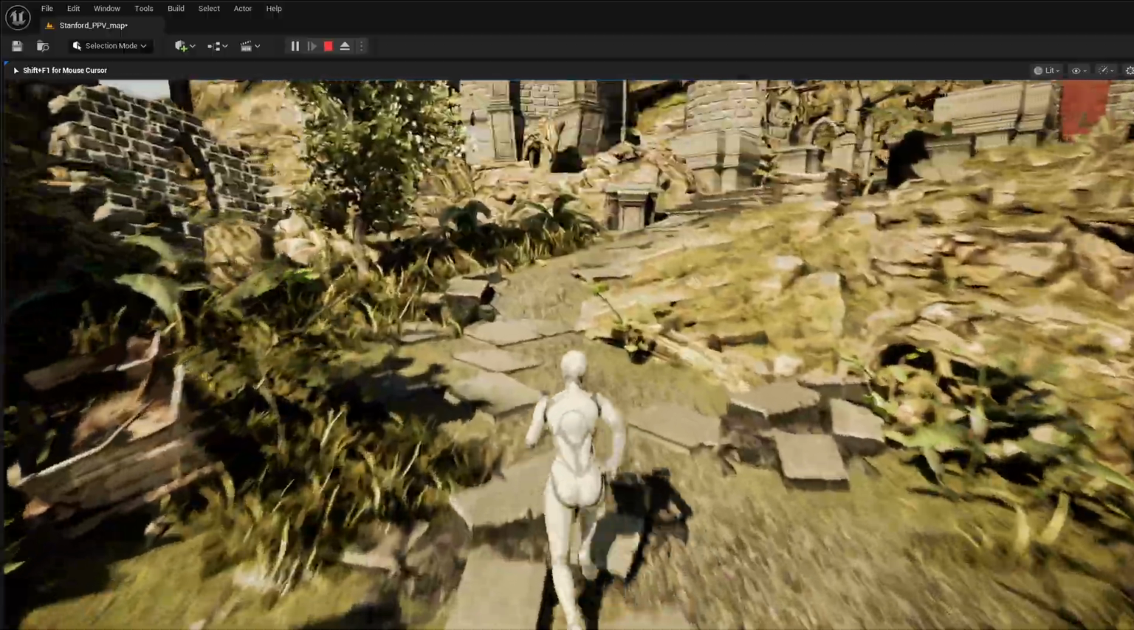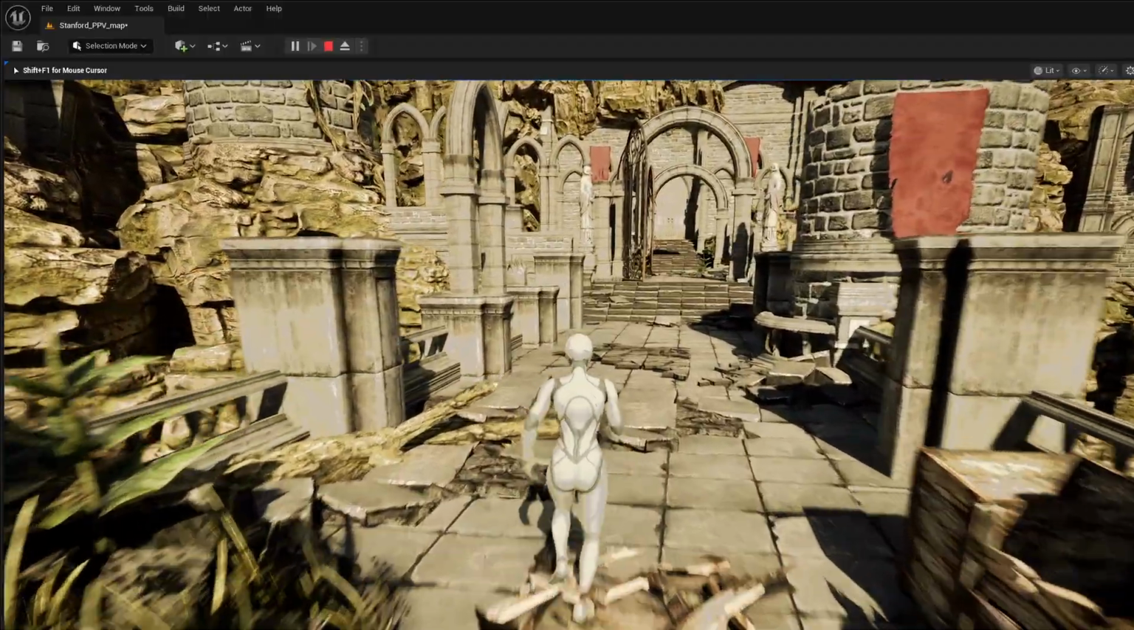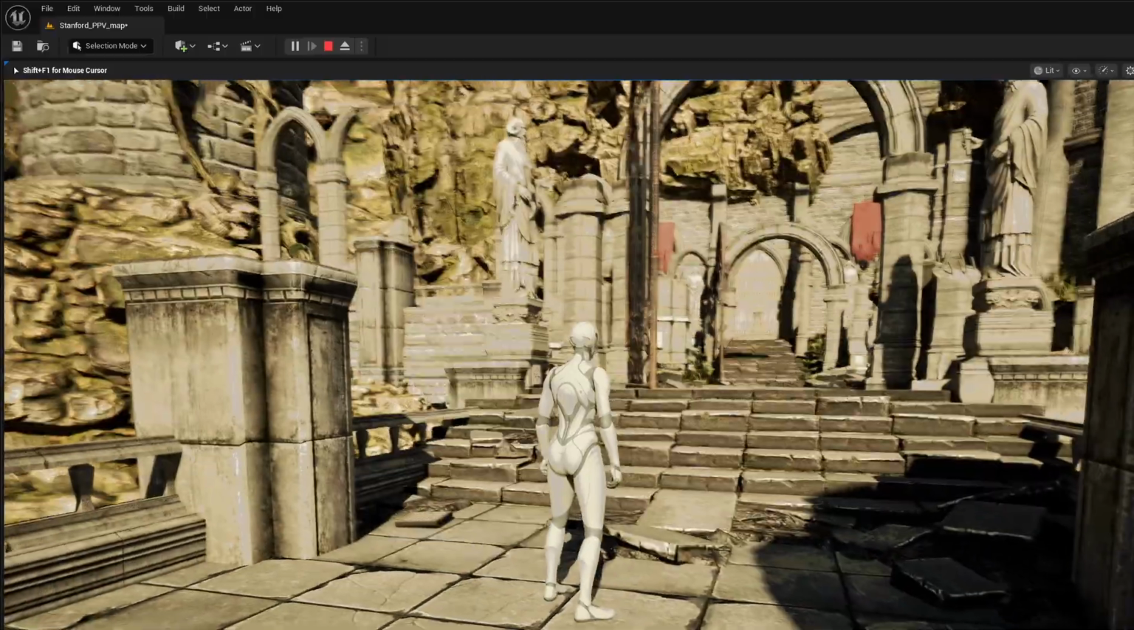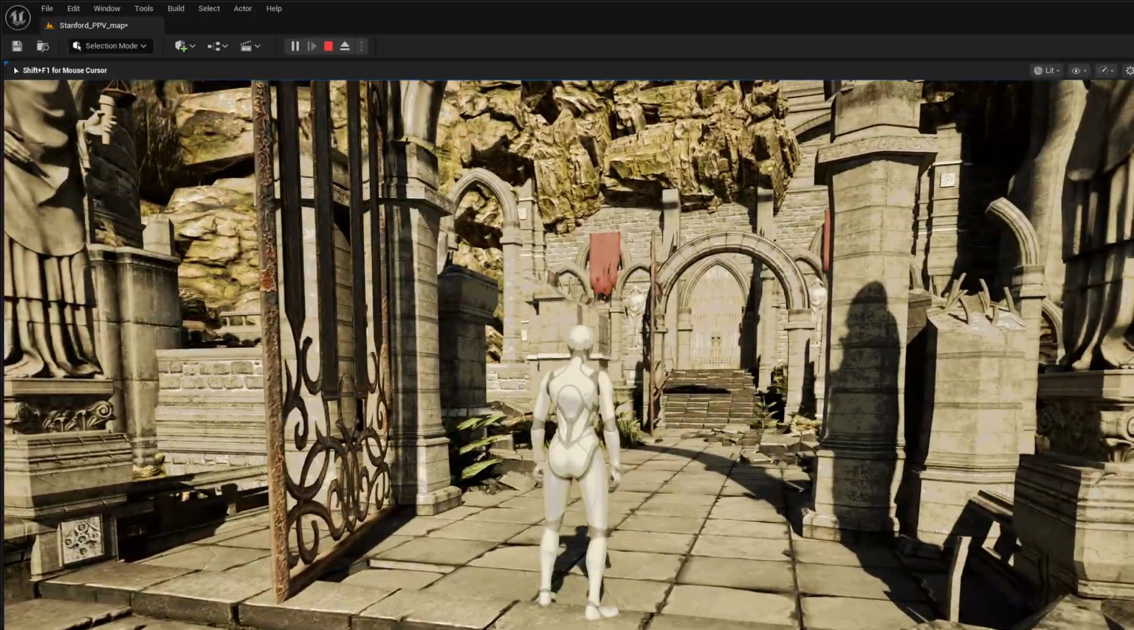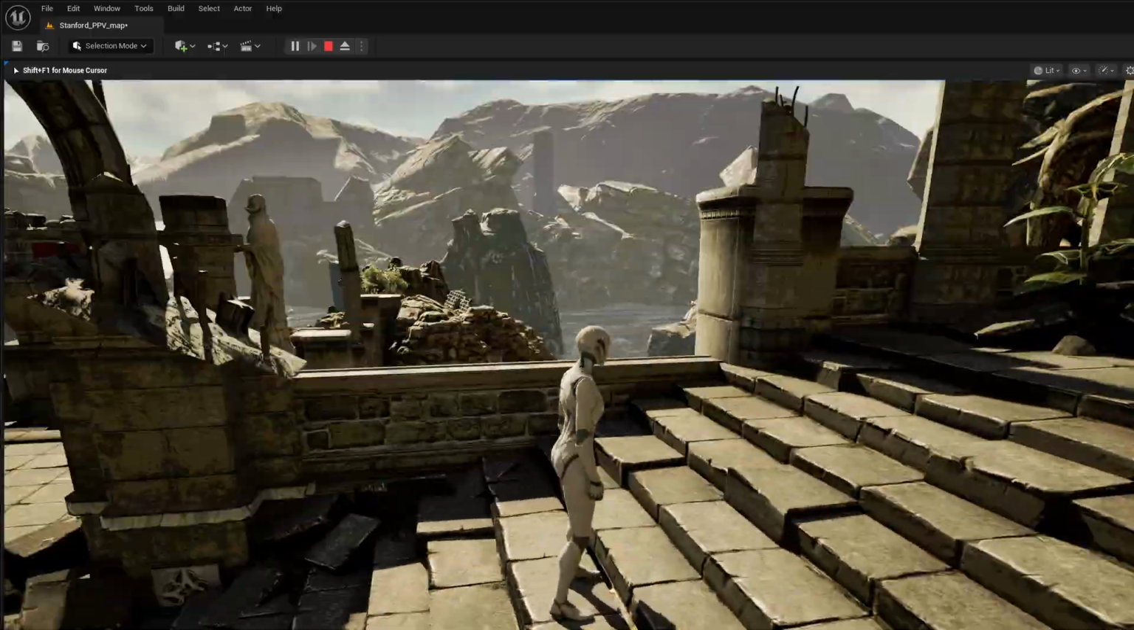I think overall this looks pretty good. It looks pretty realistic. I like the way the shadows are crisp and clean, and maybe some of these white highlights are a bit